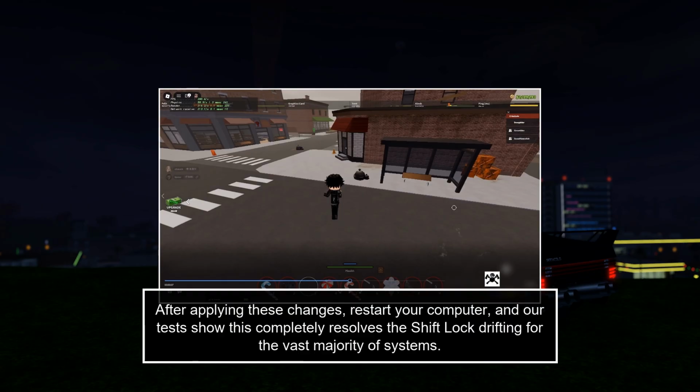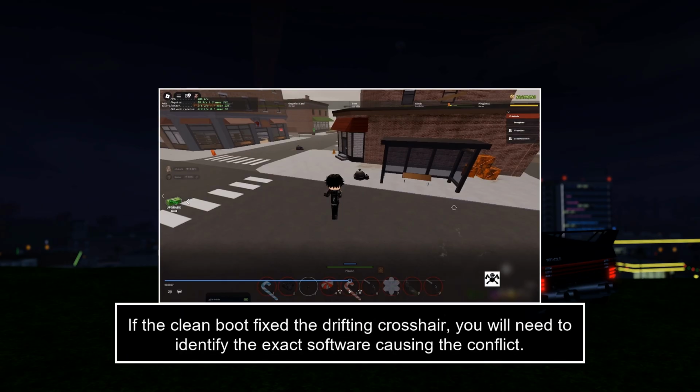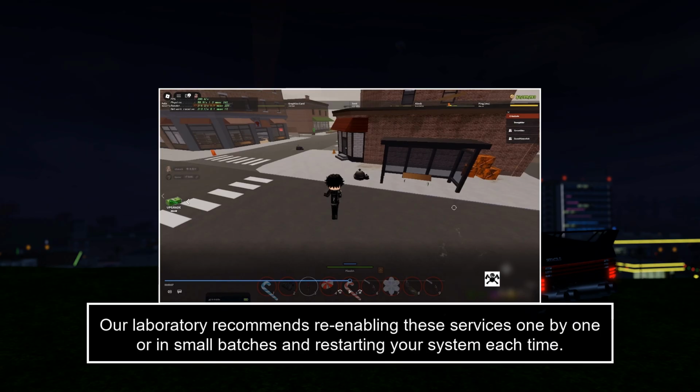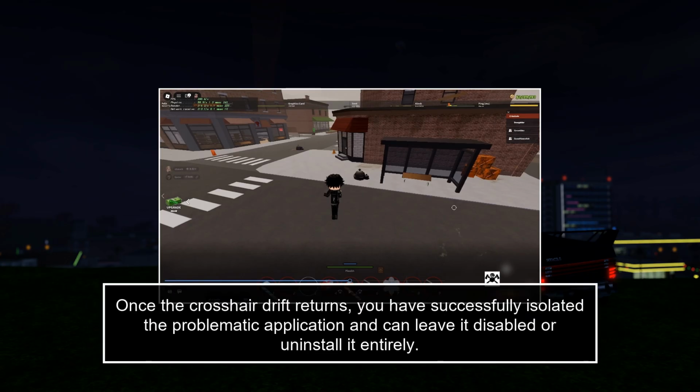vast majority of systems. If the clean boot fixed the drifting crosshair, you will need to identify the exact software causing the conflict. Our laboratory recommends re-enabling these services one by one or in small batches, and restarting your system each time. Once the crosshair drift returns, you have successfully isolated the problematic application and can leave it disabled or